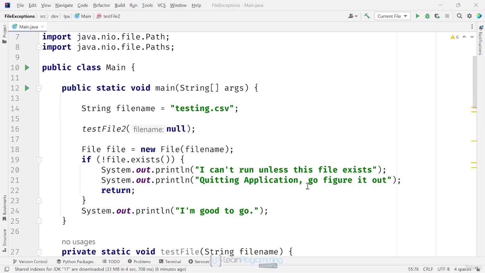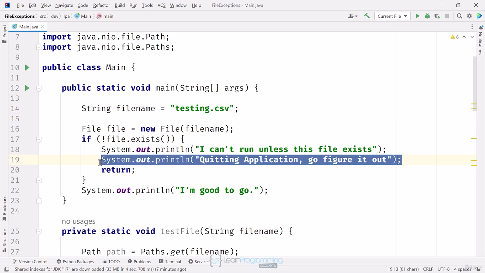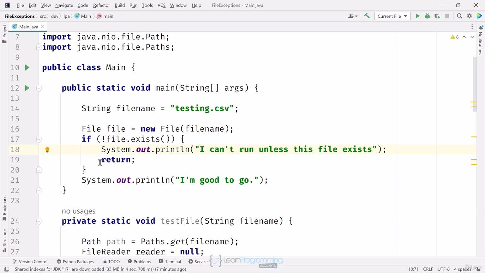The first thing I want to do is remove the call to the testFile method. I'm also going to remove that second println statement in my if statement. Now that I've gone through the try-with-resources catch block, you might be wondering why I didn't use it here when creating a new File instance. Not only that, but I also didn't have to wrap anything in a try-catch block for this bit of code at all. Getting an instance of a file handle isn't the same as getting an instance of a file resource. That's confusing, especially since the terms might be used interchangeably, but in this case the difference is important, so